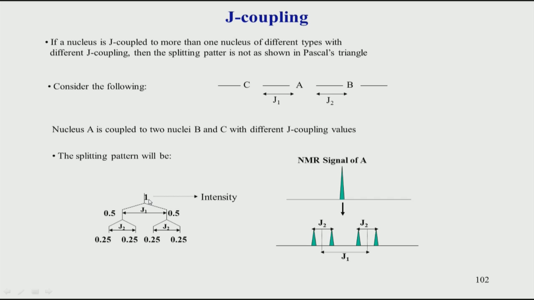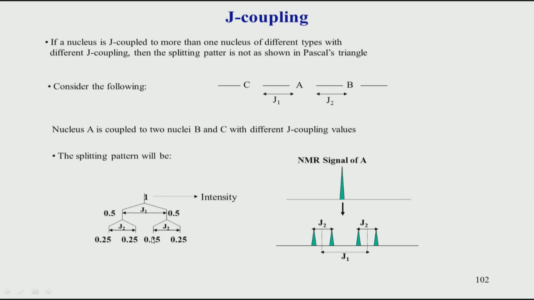First you start with A, this one hydrogen atom which is unsplit, which is one line. Now, when you consider J1 coupling, it gets split into 2, so it is 0.5 and 0.5. Because of the second J value, J2, each of these peaks will be further split into 2 peaks. So, this 0.5 becomes 0.25 and 0.25, and the separation between these two lines is now J2. Similarly, this peak, which was split because of J1, gets further split into 2, and you can see here the splitting distance is now J2.